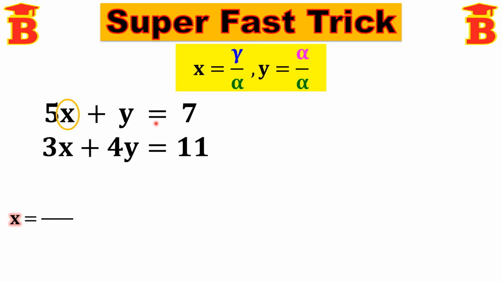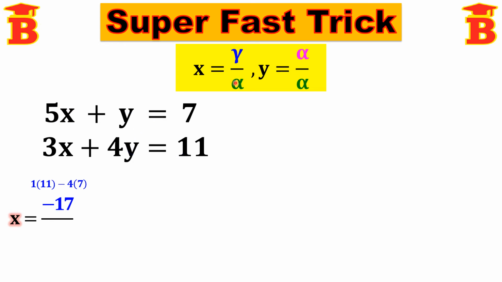So this gamma we have to take like this. We start from this number. Here the number is 1. 1 into 11 minus this number 4 into 7. So for this gamma symbol we write like this. We start from this number, here this is 1y. So we take this number 1 into 11 minus this number 4 into 7. So this is 1 into 11, 11 minus 4 sevens are 28. 11 minus 28 is minus 17.